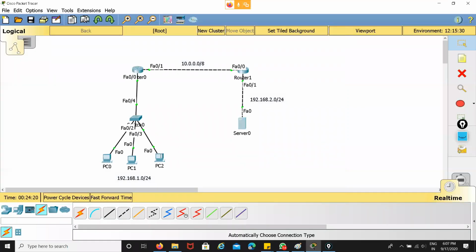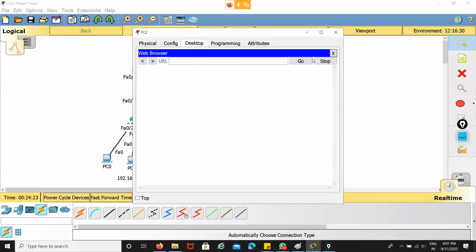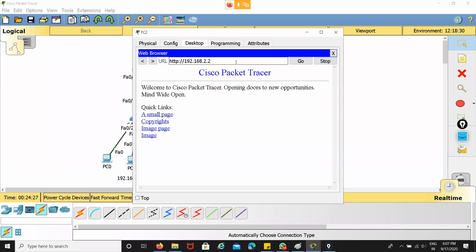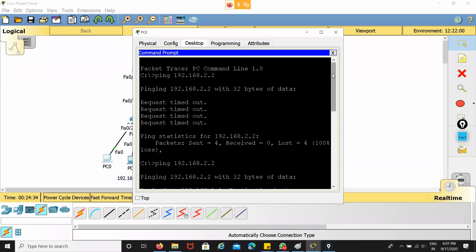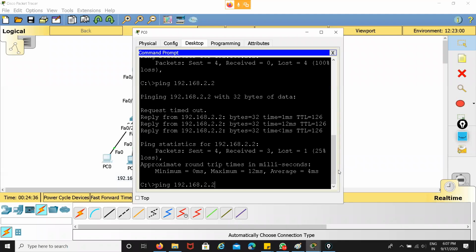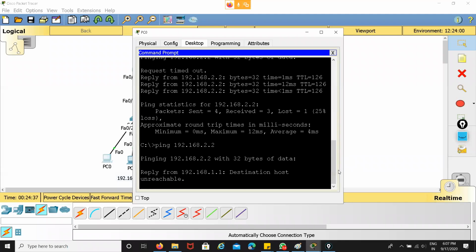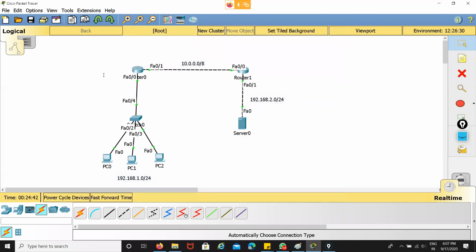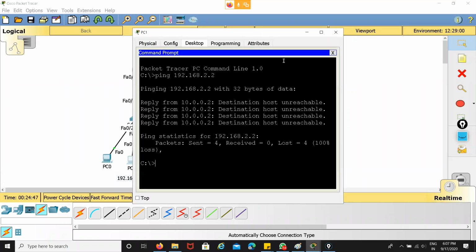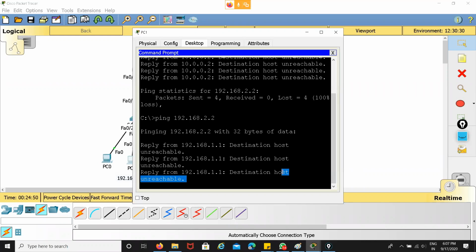Whenever you look, PC2 is also able to access the web server, 192.168.2.2. But if PC0 wants to reach the server, then the destination is unreachable and the packet is filtered on the interface fast 0/0. For PC1, if you try to do the same thing, then it shows me the reply exactly the same.